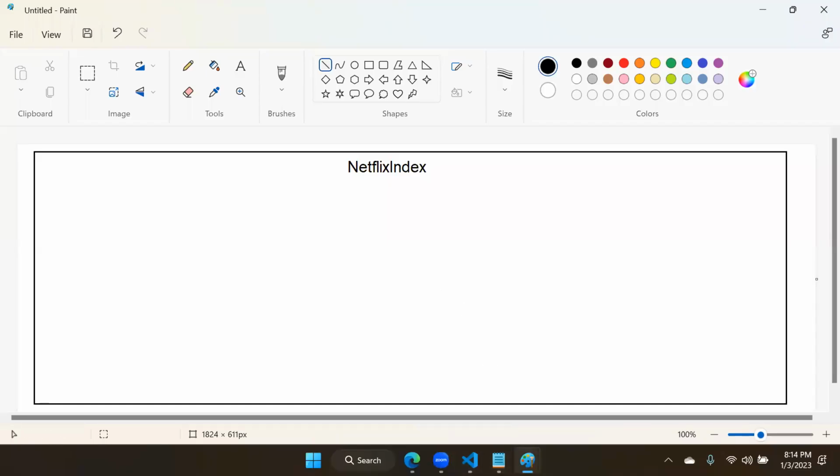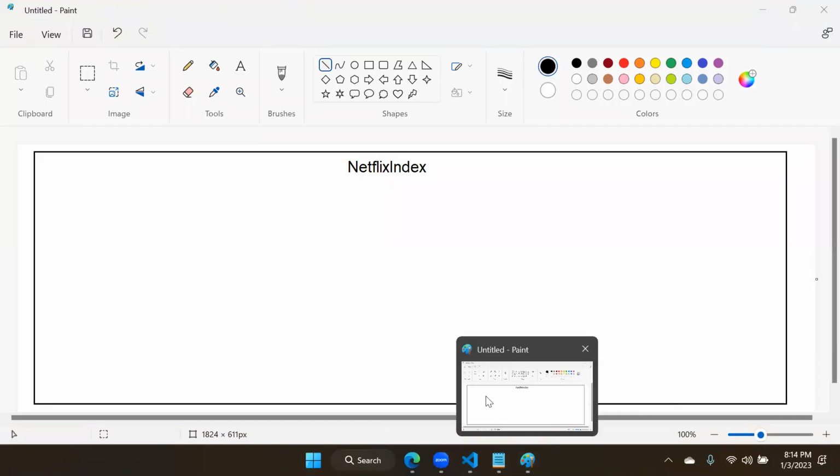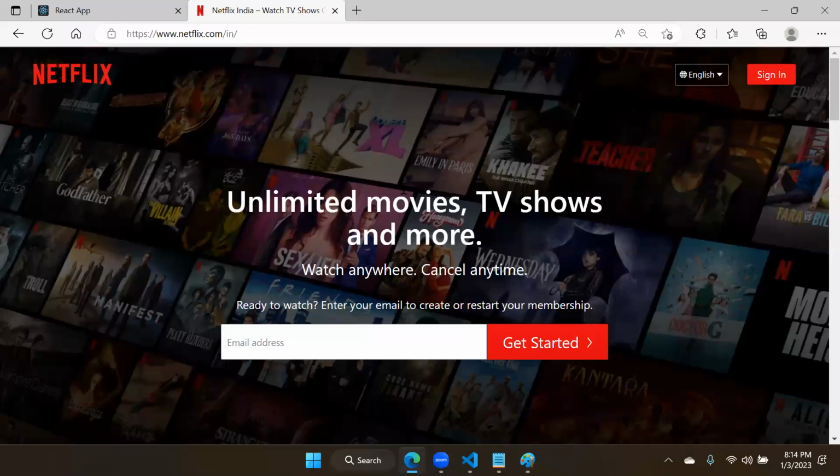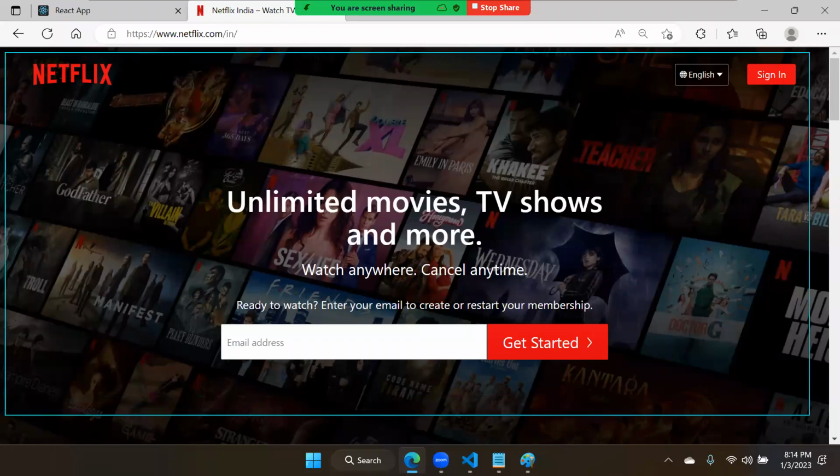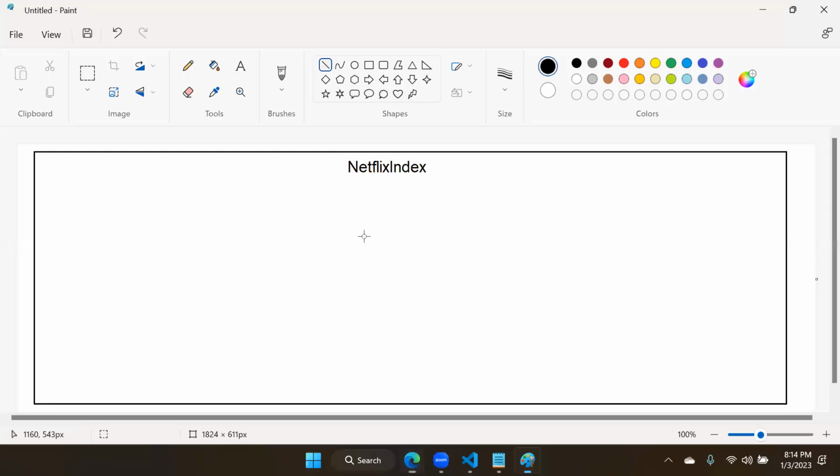Actually, you can observe the design of Netflix. That index component in the background is having a photo, and that photo is not dominating. That photo is very dark in color. So we will try to achieve that. So you see here, this is index. Understood? In that particular index, what they have done is,